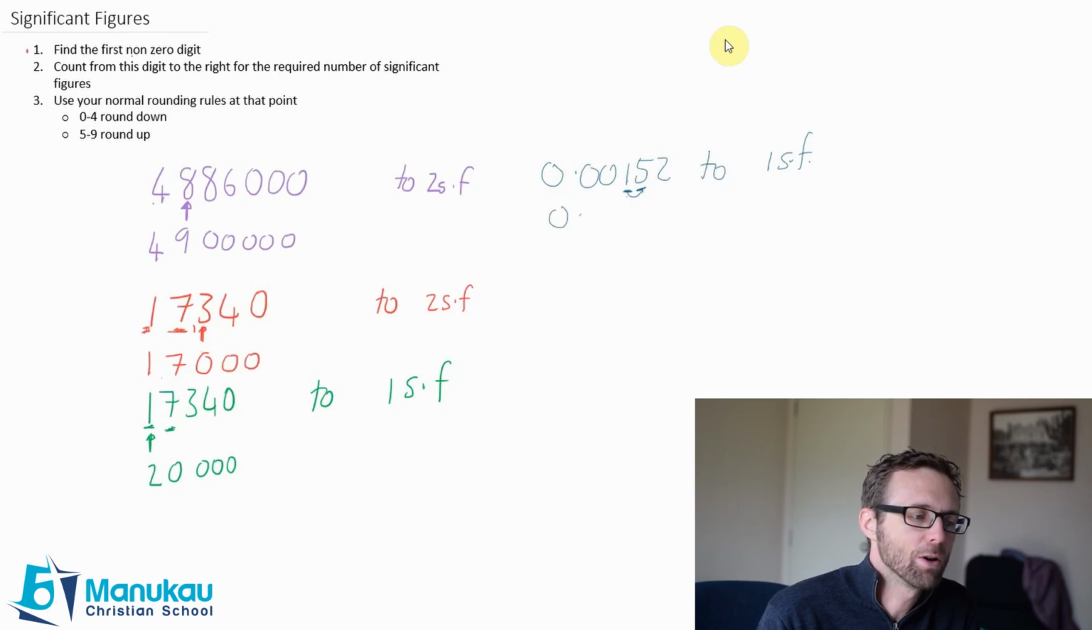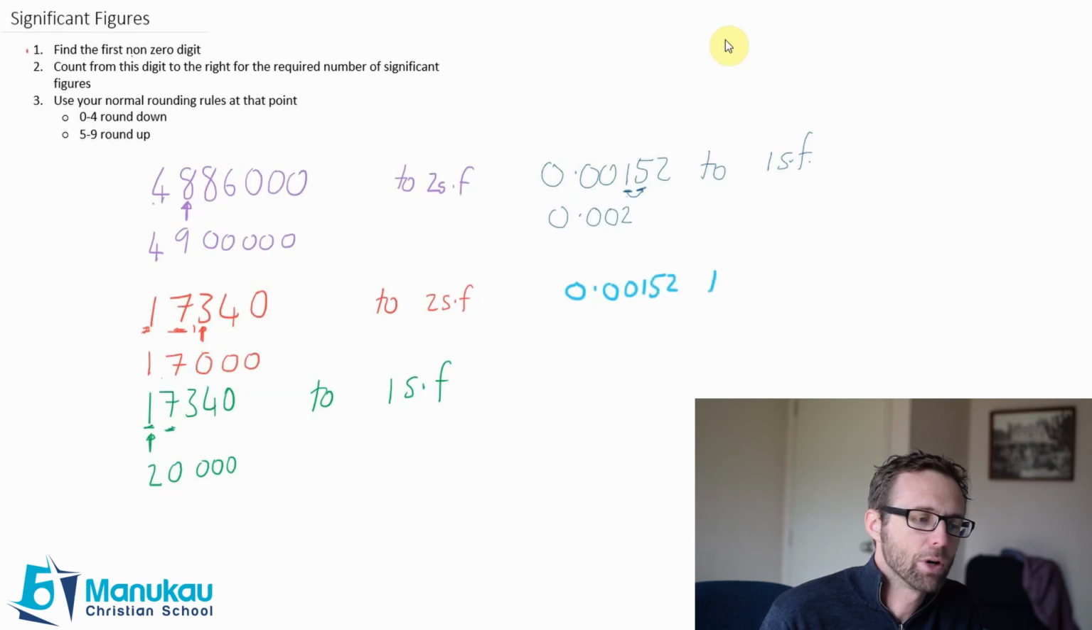So we'd write 0.002. Don't write any more zeros after this. Make sure, that's really important, do not write any zeros after this point. It's just 0.002. Let's try that one again, and this time we'll try two significant figures,